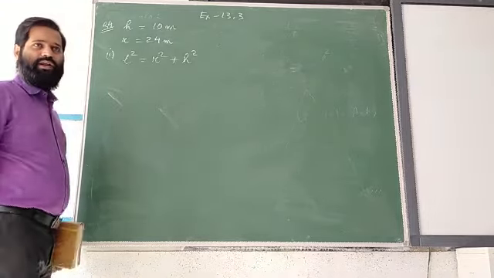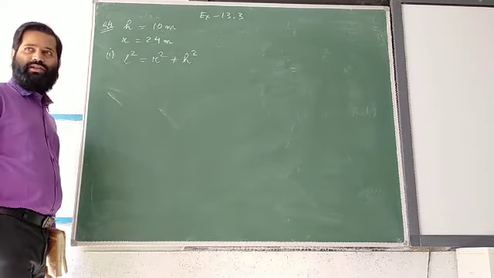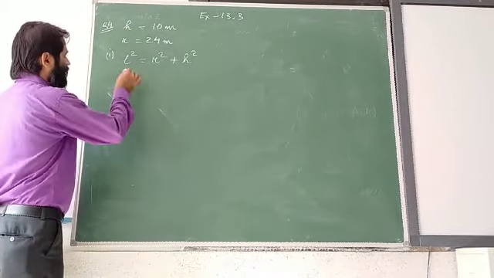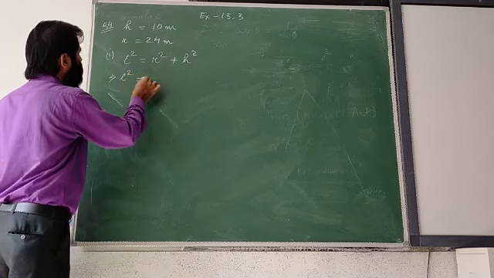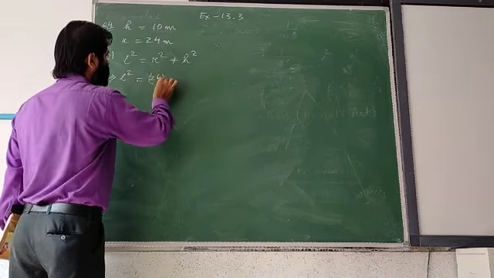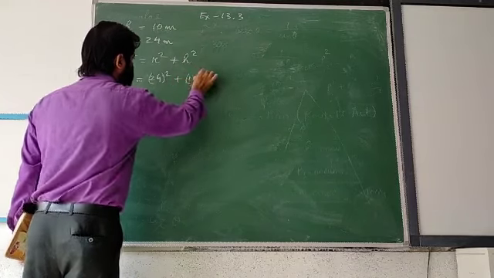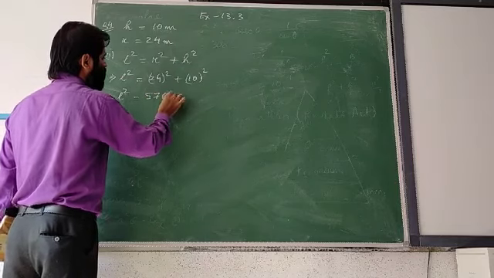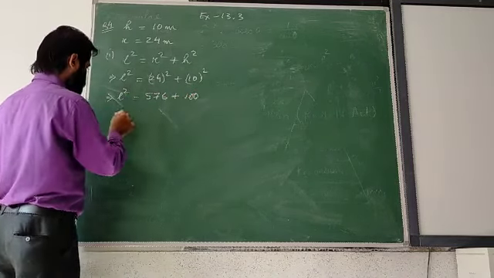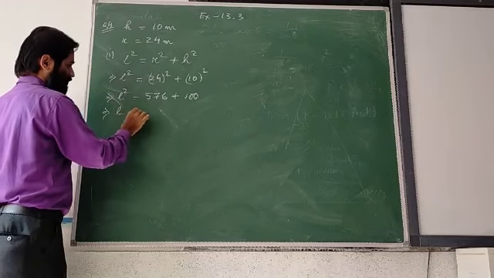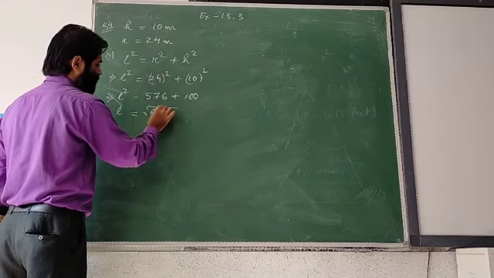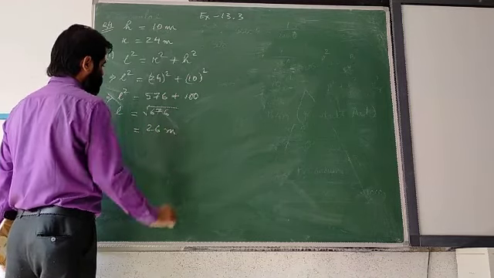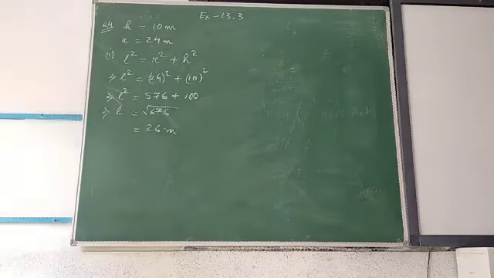This formula has been given and I told you that this formula is used to find the slant height. Any 2 things will be given, you can find the third thing. Okay. Now L we don't know. R is 24, so 24 square. H is 10 square. L square, 24 square is 576 plus 100. So this will be root over 676, and this will be 26. Yes, sir. So 26 meter.